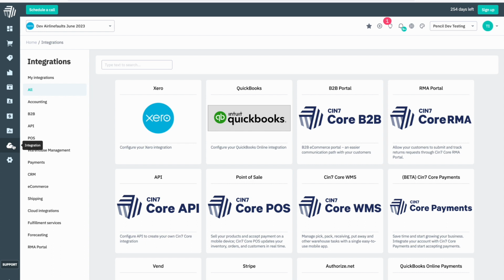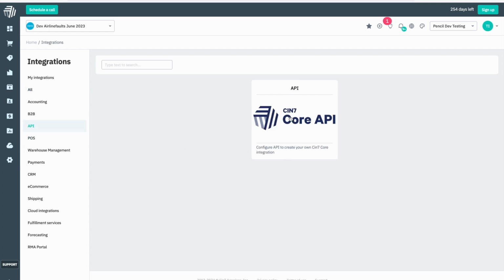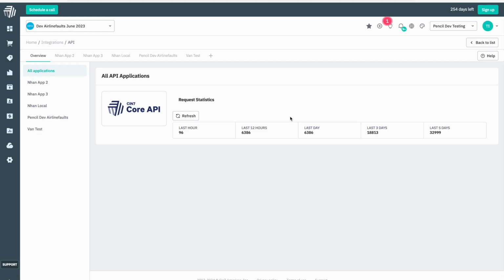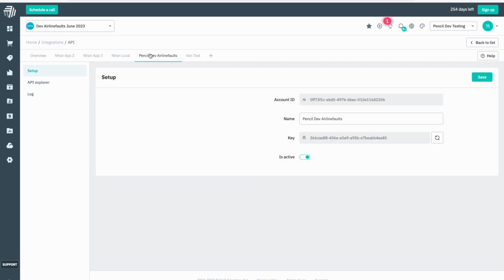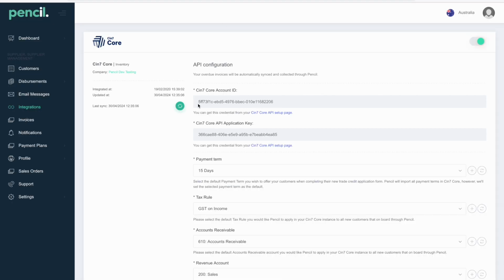From there, in the left-hand side menu, you can click API. Then click on the Cin7 core API. What you'll see is you can either add an API at the top by clicking plus, or alternatively, you can select the correct API. You'll see here that I've got an account ID and a key. I simply copy those across, add them into these fields here,